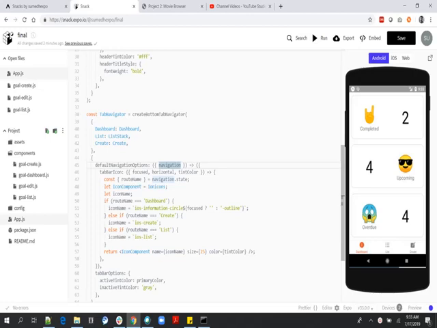Hi, this is the final project for CS50m, for which I have developed a to-do app. Let me give you an overview. It has a dashboard page, which is the landing page, which gives you an overview of the completed, upcoming,